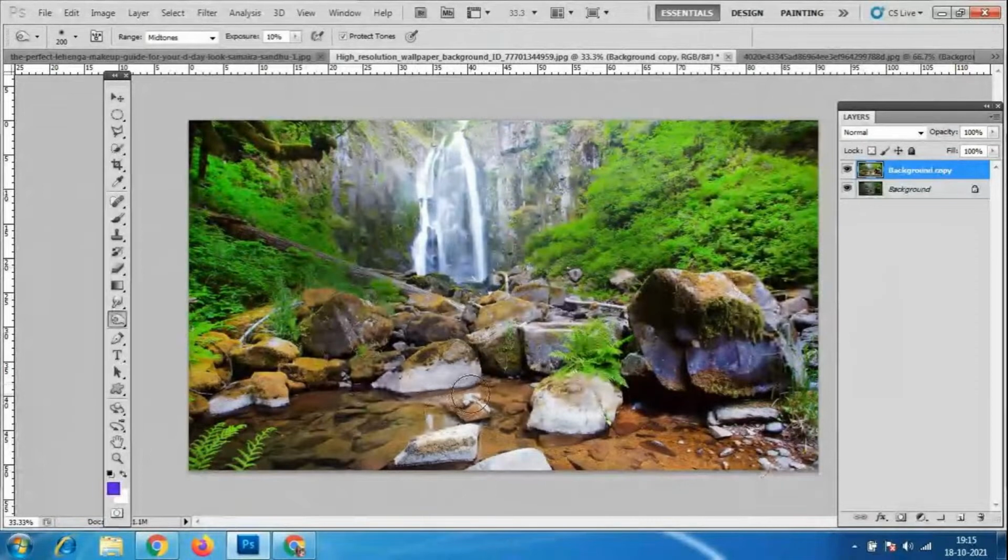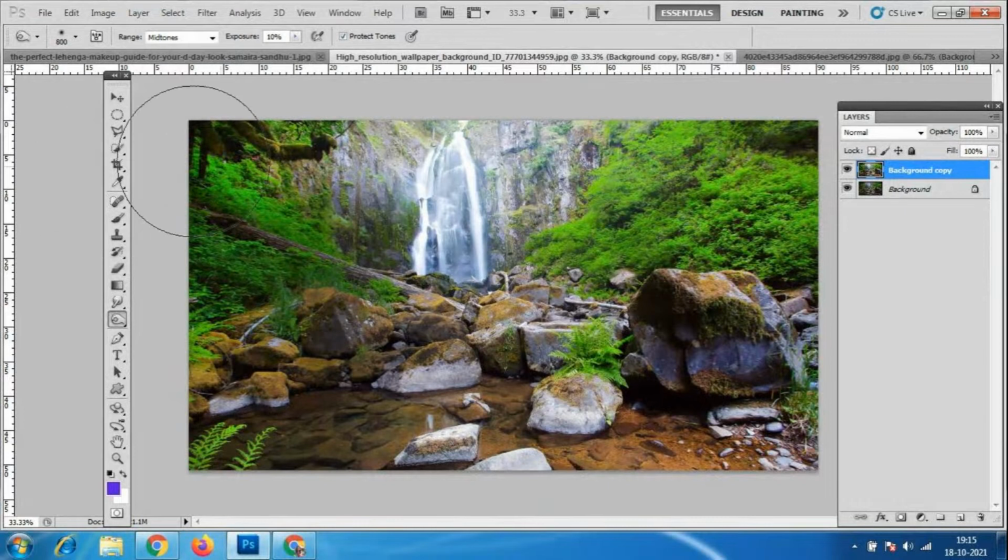Okay, I'll just increase the brush size. So I'll make it dark again, as much of the image as I want. Now I want to highlight only the waterfalls, so I'm making everything dark. Before it was like this, still we have a little bit of brightness over there. So slowly, only 5% or 10% we have to give the exposure and make the changes.